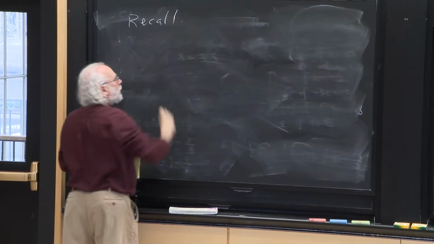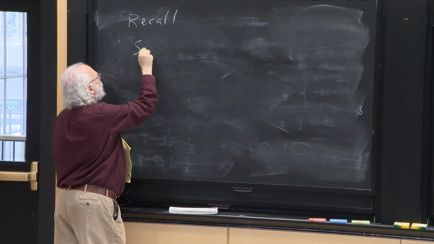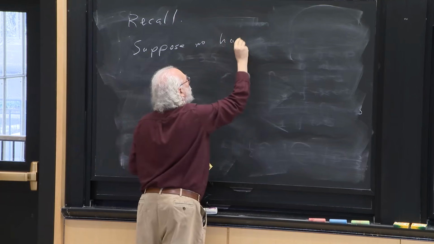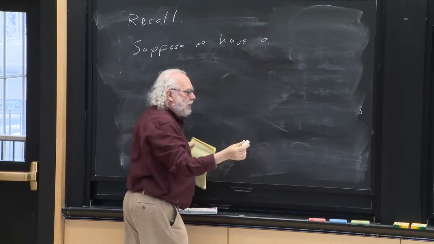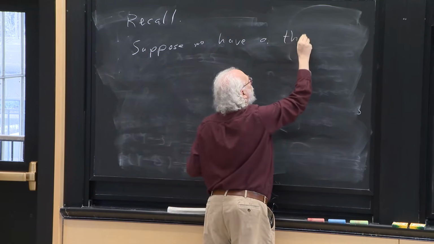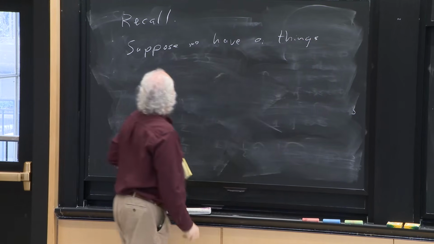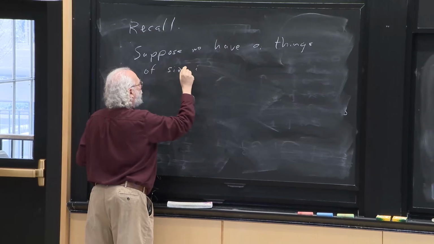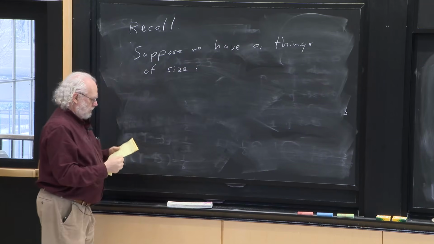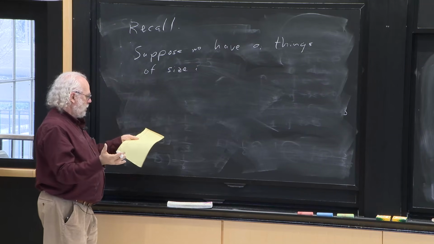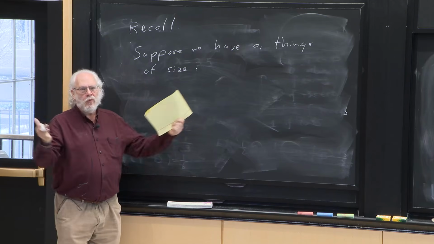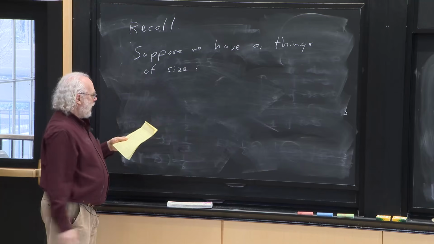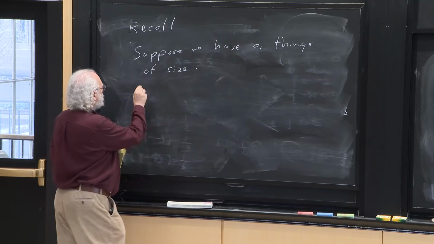So first I'm going to go over a few things from last time. Suppose we have a sub i things of size i. So these could be Dyck walks, in which case a sub i is the Catalan number. And the generating function